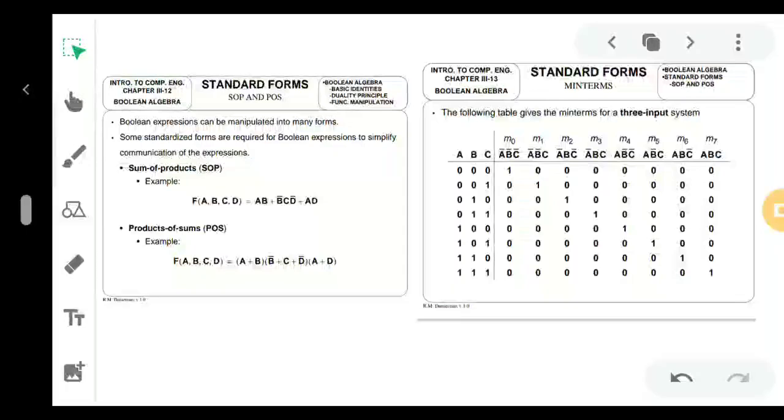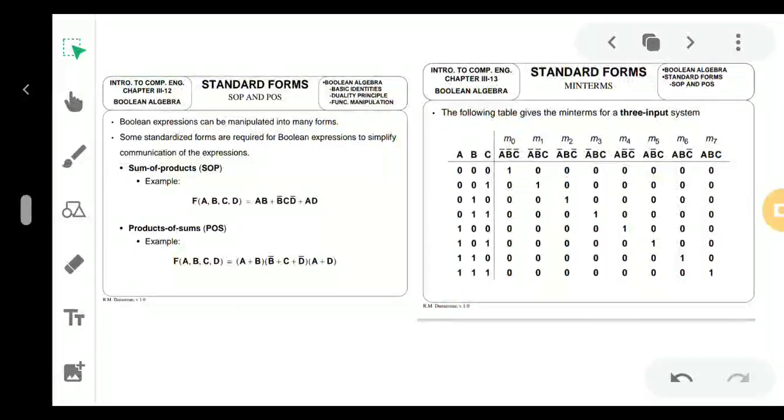Previously we have learned how to do the simplification part. Now the last topic that is left here is the standard forms, that is SOP and POS, finding of the max term and min term, and also the simplification through the Karnaugh map. Okay, so